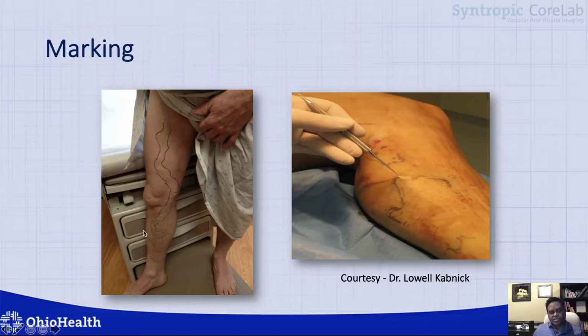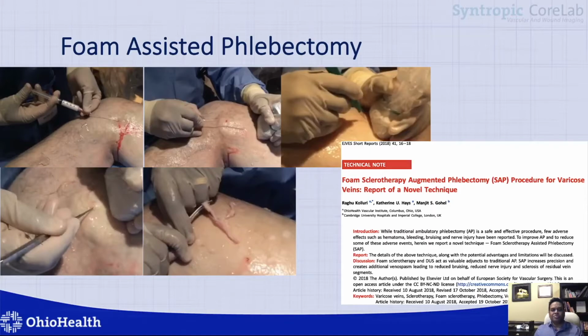The classical technique described is making the patient stand and marking the vein, either as a train track on the sides of the vein or directly over the vein, and then going in with small incisions and trying to externalize the vein. Foam-assisted phlebectomy is a slightly modified technique where the veins are identified under ultrasound, and a very small concentration of